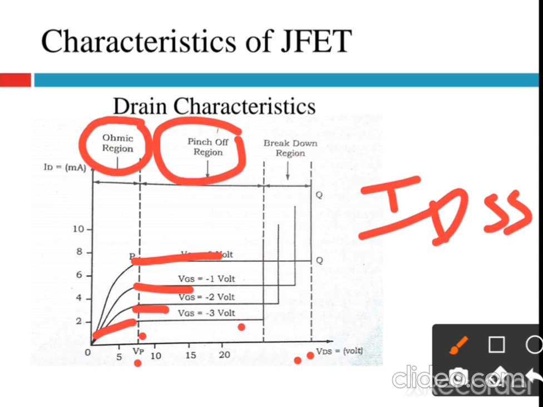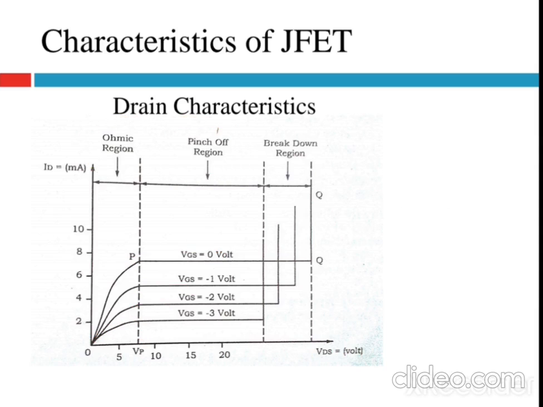This region is known as the pinch off region. The drain current in the pinch off region depends on VGS. It is the normal operating region of JFET when used as an amplifier. Here the graph is represented for different values of VGS. You can see the value of VGS is equal to 0 volt,